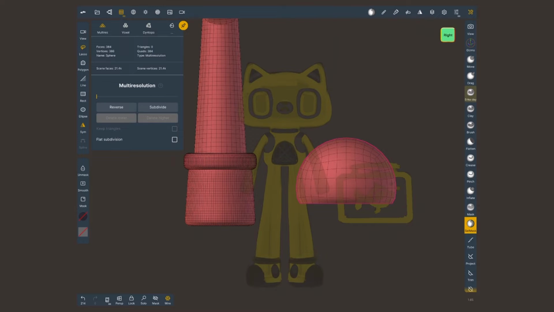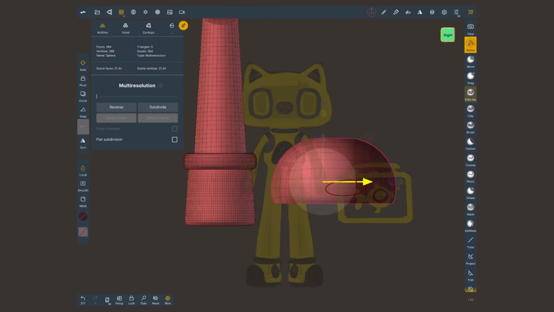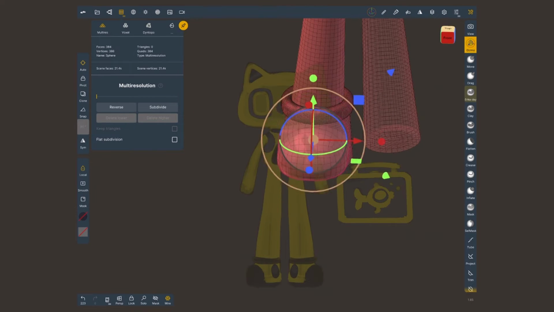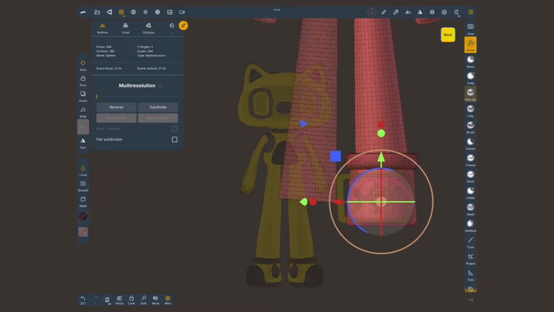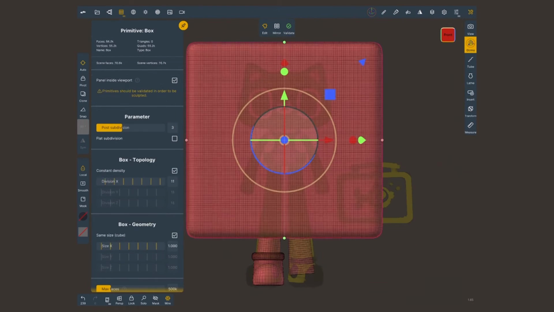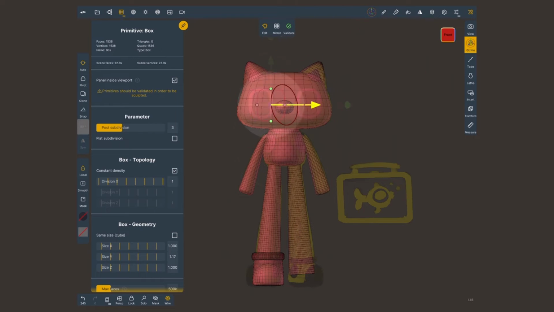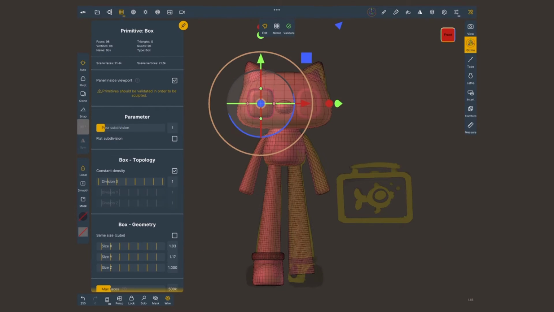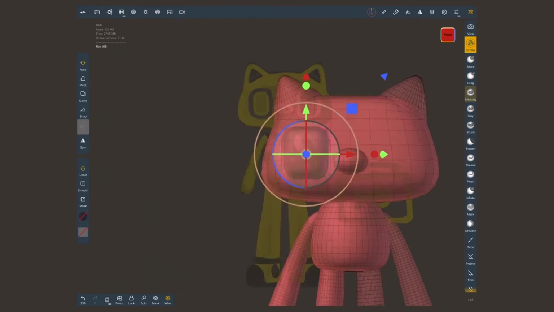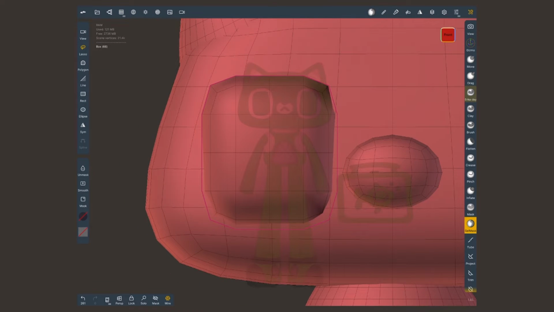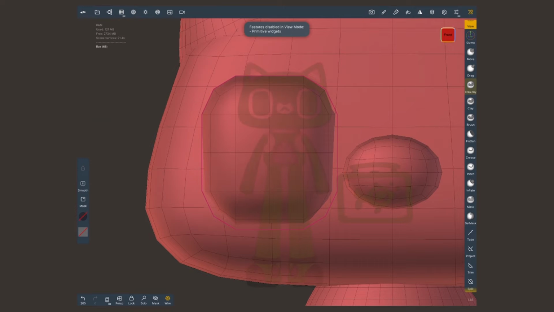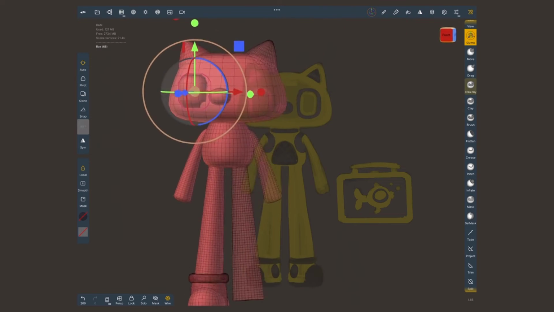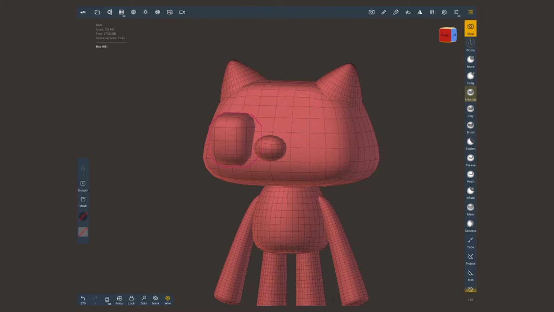As for the rest of the steps, I'm using once again a combination of the mask and gizmo tool. There are many ways to achieve the same result. My main objective with this video is to show you a flexible workflow that you can adapt to your own designs. Throughout this process, there will be times in which I will do a couple of tests trying different techniques. I do encourage you to experiment. Don't be afraid to make mistakes. You don't see mine because I edit them out of the video. But there might be things that will not work for this specific sculpt, and yet you might be able to use it for another one.